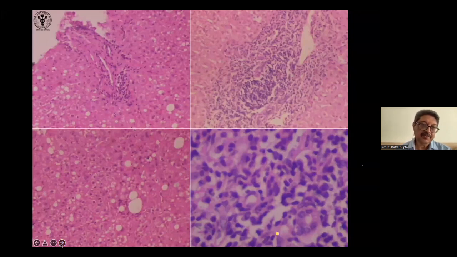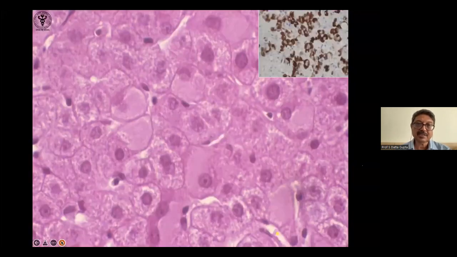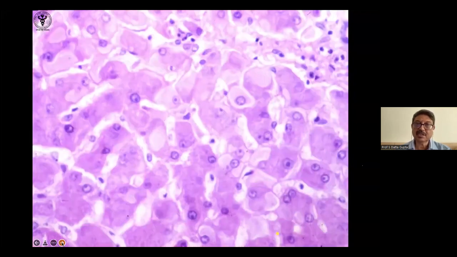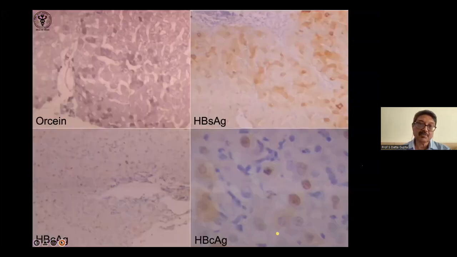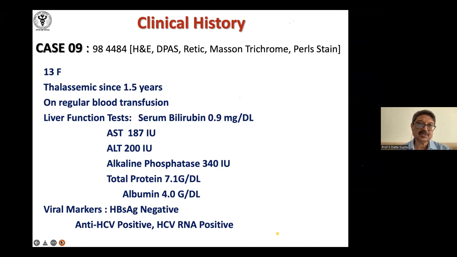You can get fatty change, we see it in about 25% of our cases. Hepatitis B, this is a ground glass hepatocyte. Okay, you can do immunohistochemistry, Orcein stain, and so on. The only things that look like this are after cyanamide therapy, or Lafora bodies. You can do surface antigen, core antigen, and so on.